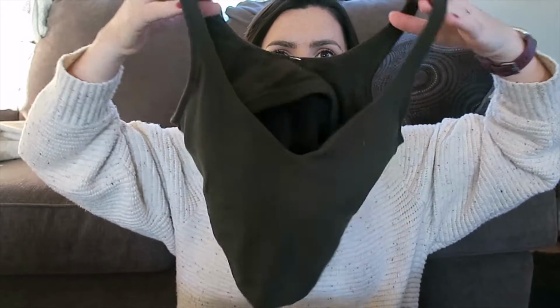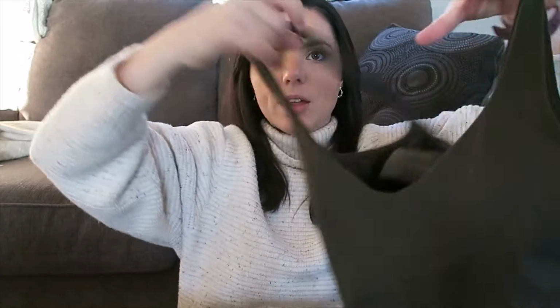They're so good for the summer to wear undershirts as a bra. They have a built-in bra, so you don't have to wear another bra underneath, and they are really flattering. And again, these are like, I want to say $70 each, so really good present. They come in so many colors, and so if they already have a few, you can probably find a color